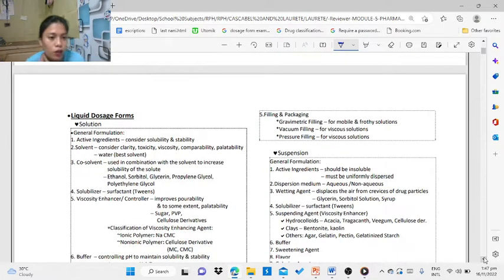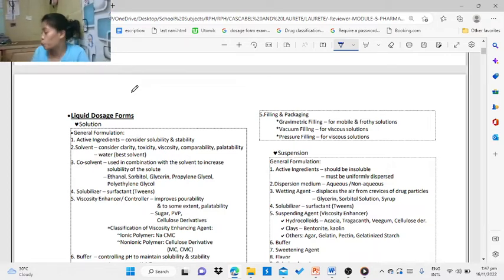So now let's go to the actual things that are manufactured as drug products. So first, the dosage forms. First is the solution. There are 10 forms. We have solution, suspension, tablet, capsule, that we will encounter. So first we have